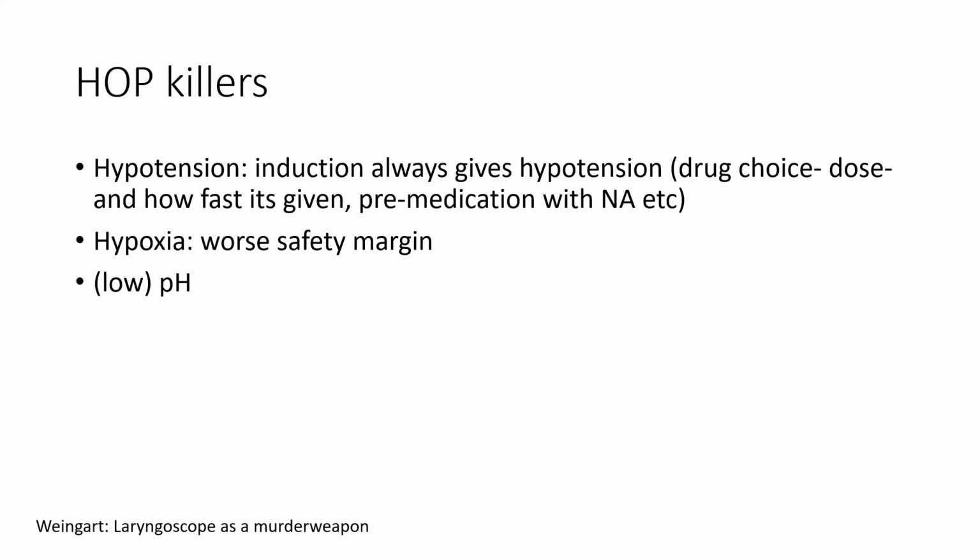Patients with hypoxemia are at high risk, especially if you can't pre-oxygenate them up to a good level. If, despite pre-oxygenation, they keep being well below 90, that's really bad, and that's why it's a killer as well. And then you have low pH, which I alluded to. It's like an evil circle: low pH, then hypoxemia, then low pH, and hypoxemia. That's why DKA patients are usually some of the most acidotic patients. They have a pH of 6.9 sometimes. Those are the ones that you probably don't want to intubate if you really don't have to.